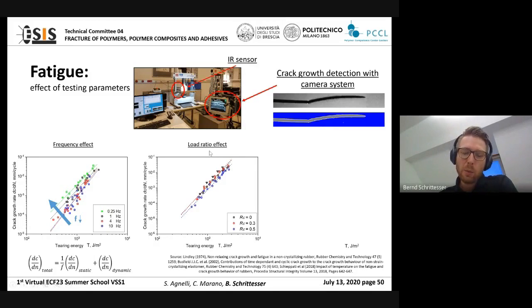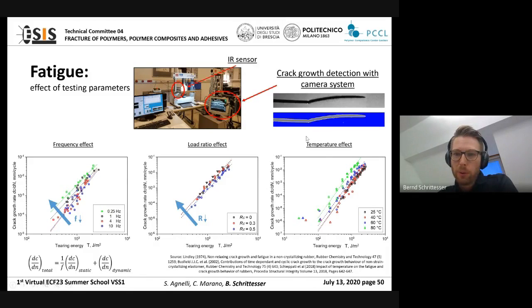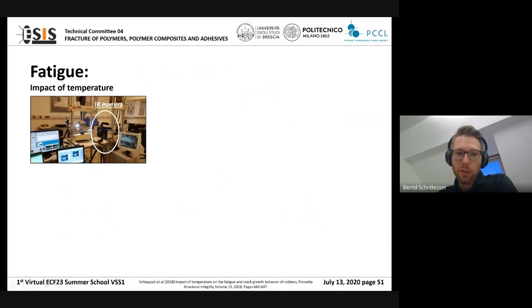The next effect we have found is that when we go to zero or even below zero, which means that we go to tension-compression of our material, the crack growth rate is also increasing a little bit at comparable tearing energies. And finally, a very important effect is the temperature effect. You see here that when we increase the temperature, the crack growth rate strongly increases at comparable tearing energies. And on the next slide, we will talk a little bit more about the temperature effect, because we